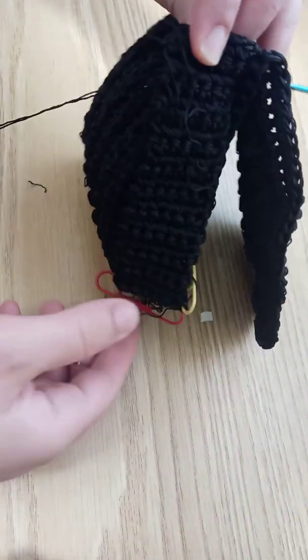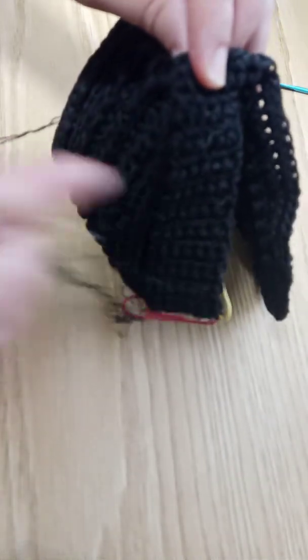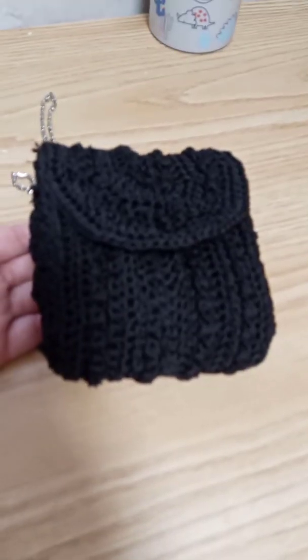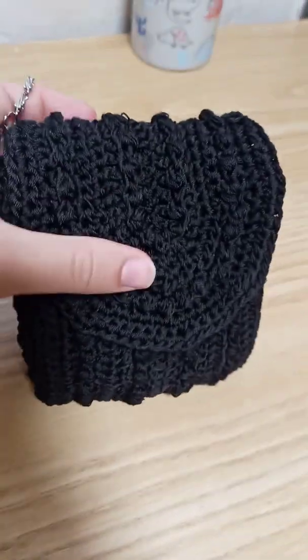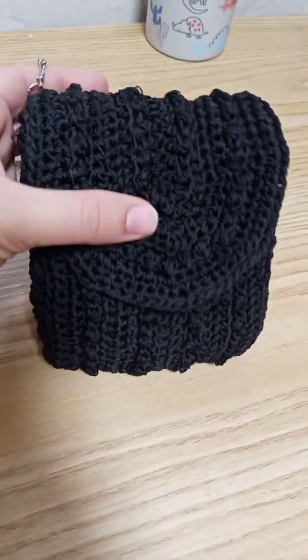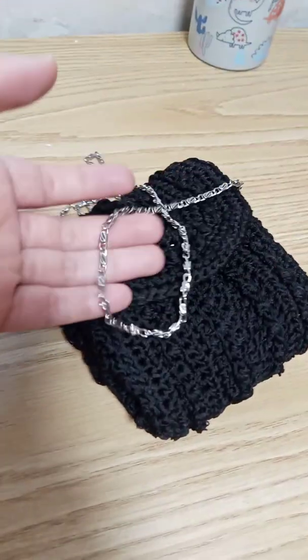It's gonna be beautiful, nice, and you're gonna feel accomplishment. And you're gonna be really proud of yourself. So go ahead and attach your 2 sides. Now I attached them. I hope you like my work. You can add any chain